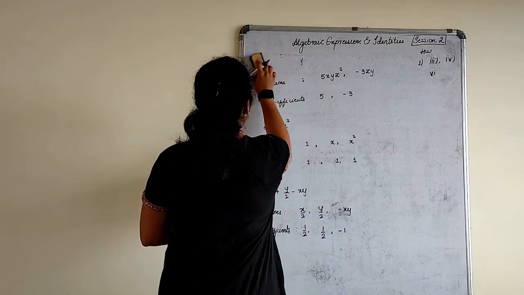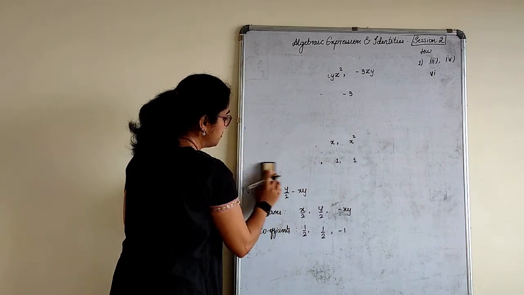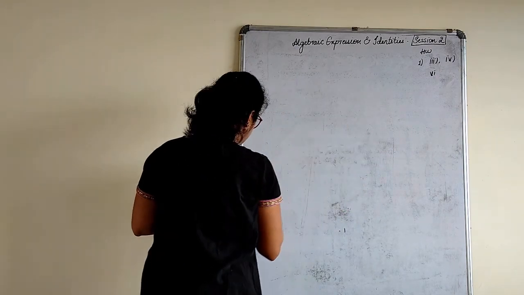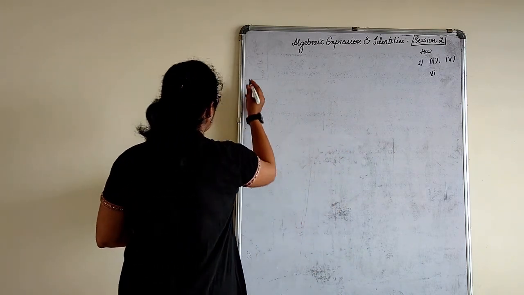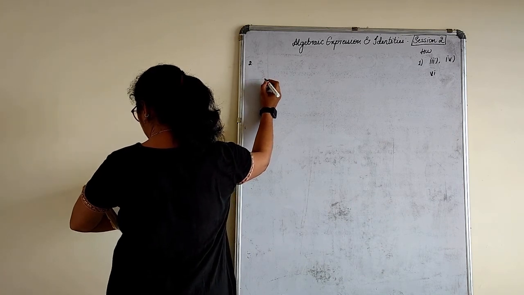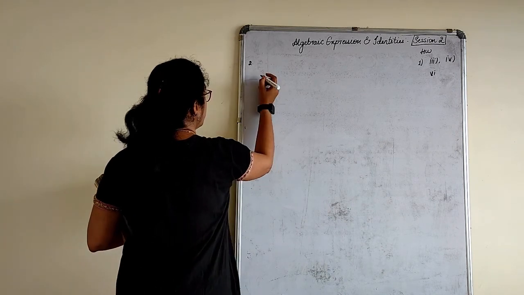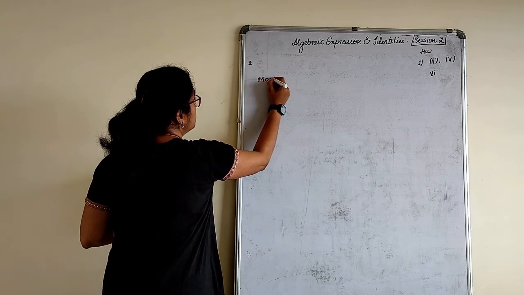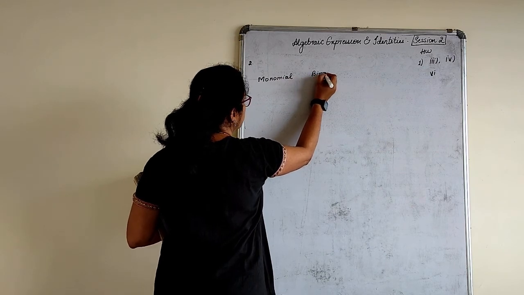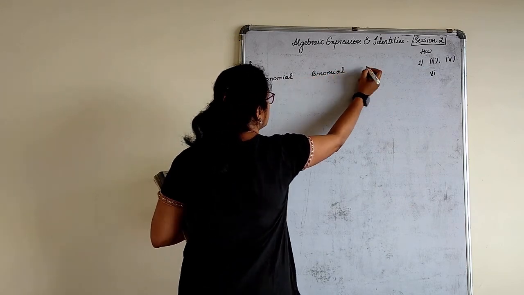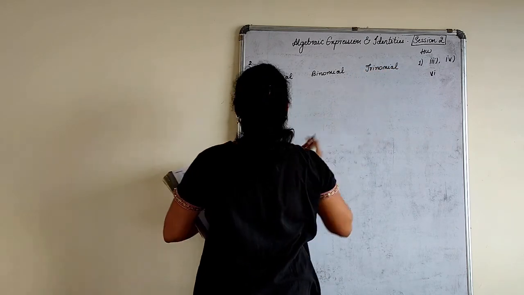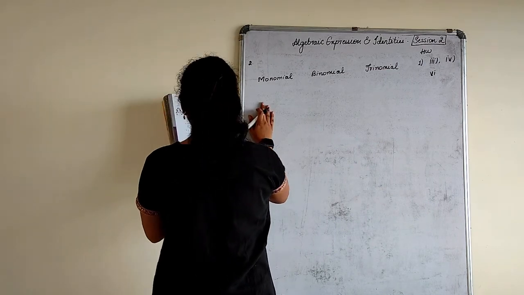Classify the following into monomial, binomial and trinomial. Simple. We will make up one tabular column. But the question you have to write as it is, and in that tabular column we will go on writing whether it is a monomial, binomial or trinomial, and which polynomials do not fit in any of the 3 categories. Let us check. So monomial, binomial, trinomial. We go on writing as and when we go on reading.